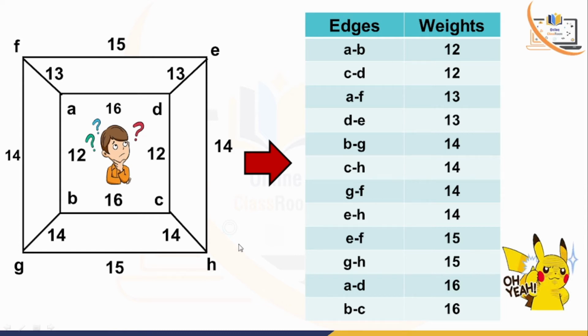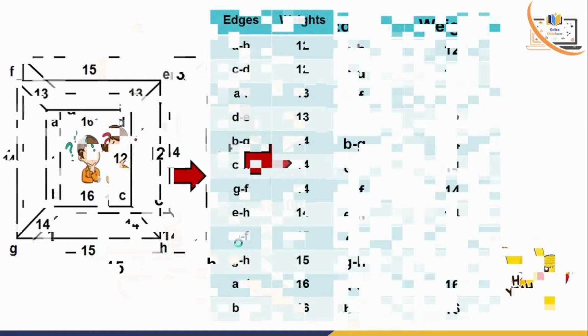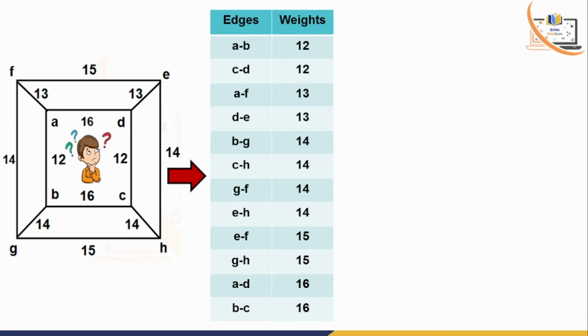Okay, now the question will arise: how can we find the minimal spanning tree? Well, look, if I focus on this table, I will first collect the minimum weight. So in case of step 1, I will select AB, this particular edge, with the weight 12. So in step 1, I considered the edge AB and it is 12. Okay, so just discard the first row.